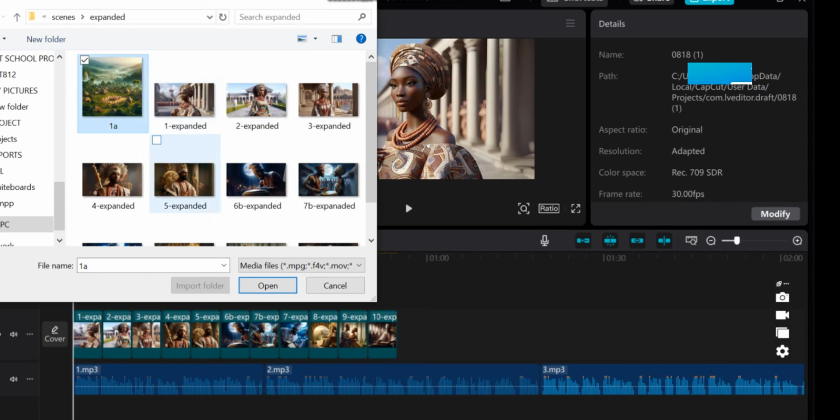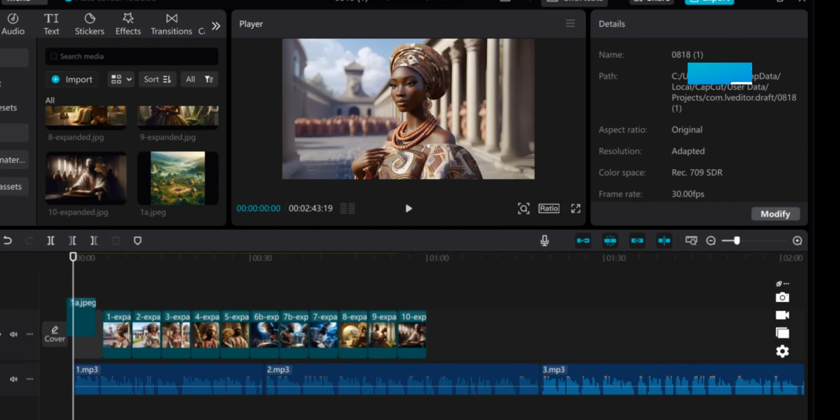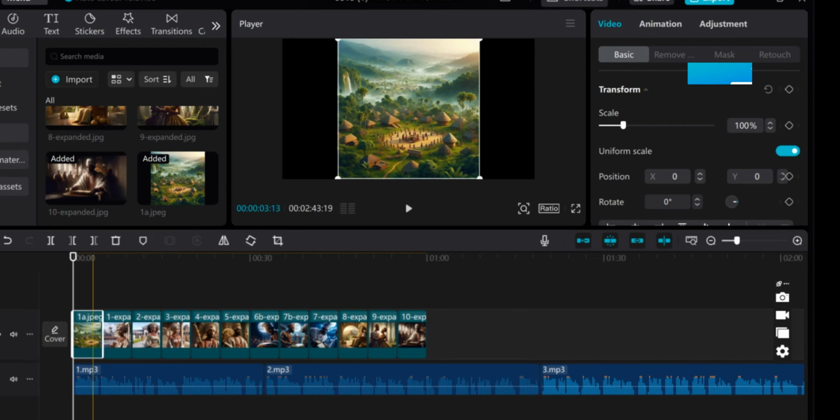So you can just copy that part and put ChatGPT to generate the prompt to give us this particular image. I said earlier that I was going to show you how you can expand or zoom your image to fit